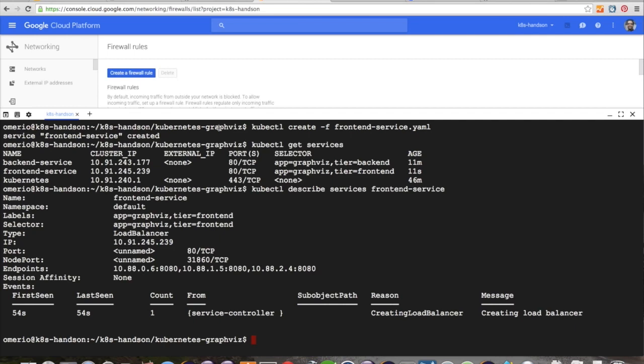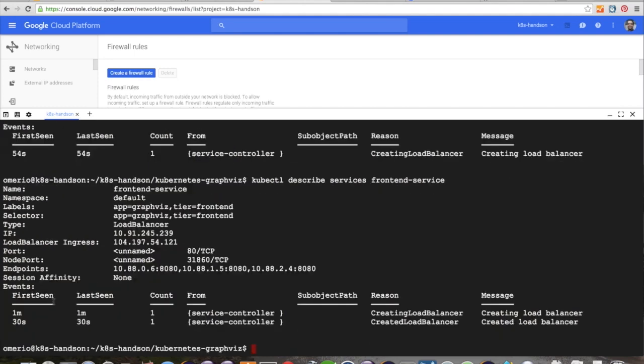Okay, so we've got a service here, and it's still under creation, so it still says creating load balancer, and that's because it's external to Kubernetes. It's being created by container engine. If we try again just to see if it's created or not,